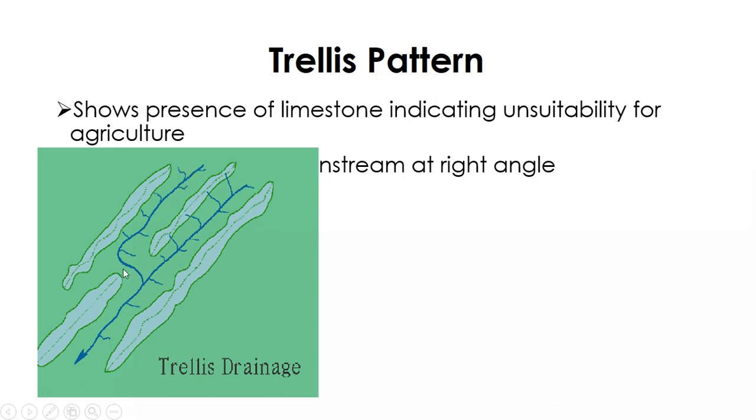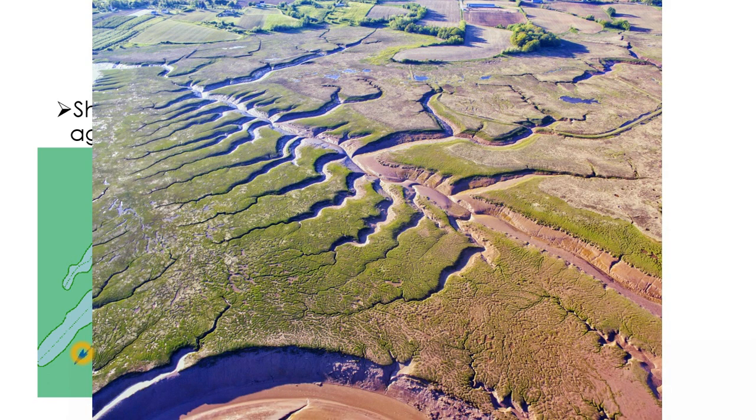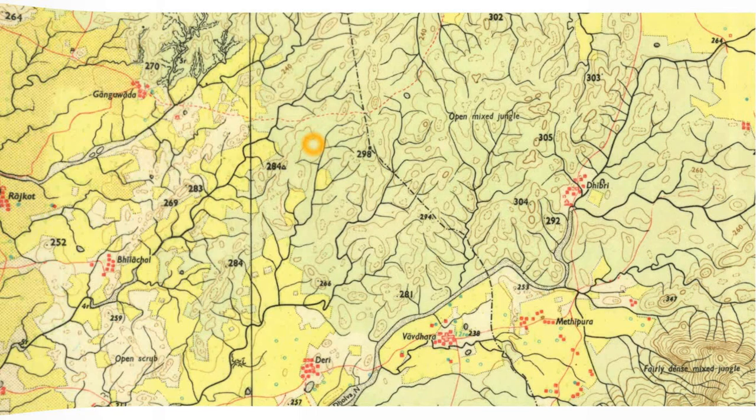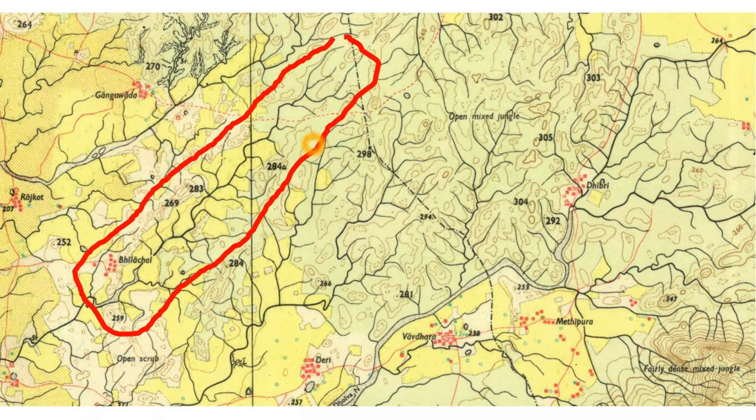Now these areas are easily erodible because this area has soft rocks and the hard or resistant rocks are remaining. So that is the main reason why trellised pattern is forming. Now this is how a trellis pattern looks like. So main stream is flowing here in that direction and the tributaries are joining at 90-degree angle, almost 90-degree angle. Right, on maps it looks like this.